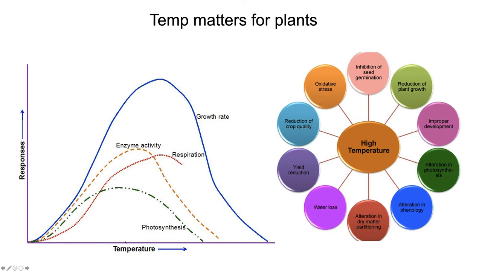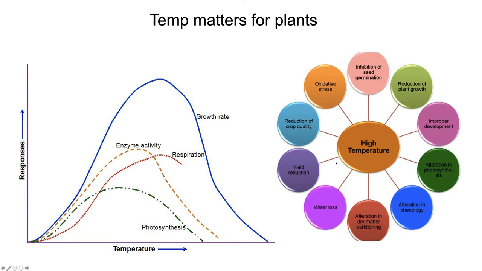All of these responses in this particular species of plant have a particular temperature where they work optimally. There's optimal photosynthesis at this temperature, optimal enzyme activity at this temperature, optimal growth at this temperature, optimal respiration at this temperature. And outside of those ranges, these rates decrease. So it's important for a plant to maintain an optimum temperature range for all of these things